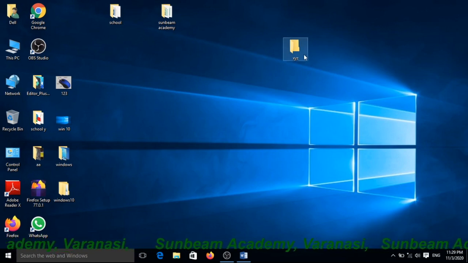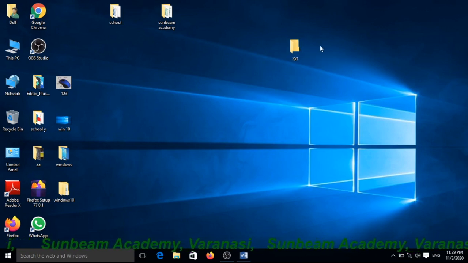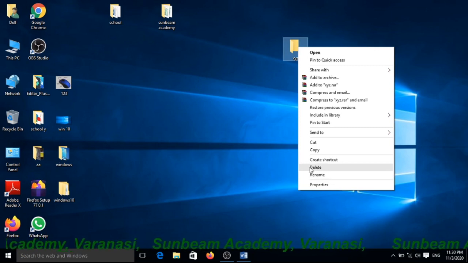And if you want to delete temporarily, there are two methods to delete it. First, select that folder which you want to delete, right click the mouse button and choose the delete option.